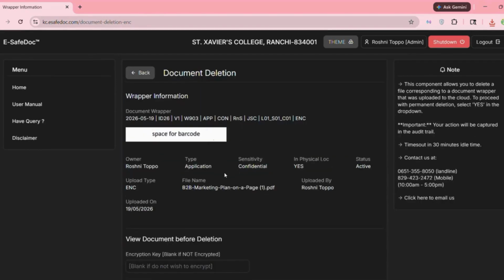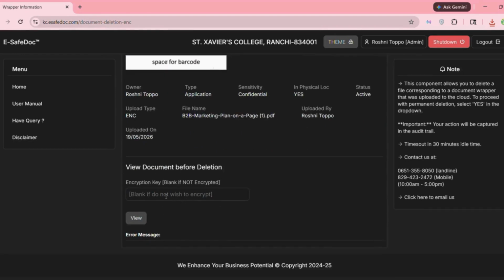There is a provision to preview the document before deleting also. You can delete your files if it's not needed.